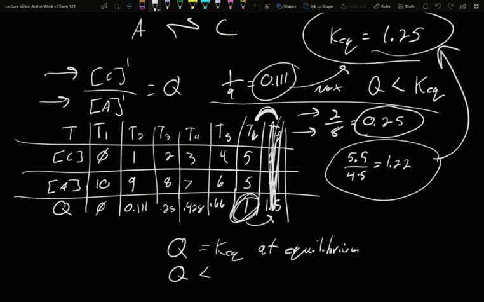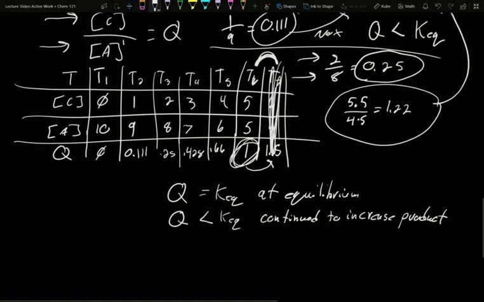When Q was less than KEQ, the reaction continued to increase product. There's a couple ways that this is said normally. We say that it moves towards product or that it moves to the right. The right side of the equation is usually the products. Those are all different ways to describe increasing the products. Well, if Q is greater than KEQ, we will move to increase